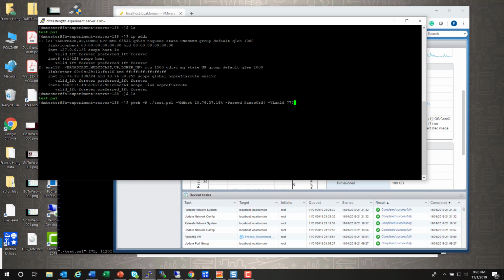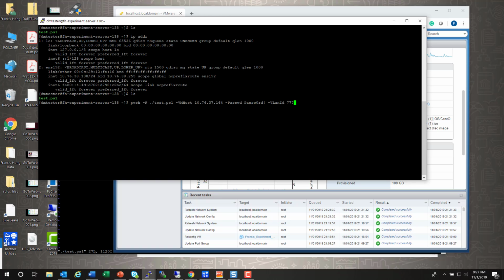To run this script requires PowerShell. I already installed it in the environment. I'll give you the instructions on how to install PowerShell and PowerCLI. So I'm using PowerShell -f the file. To run this file is the PowerShell scripting. What I need is just the